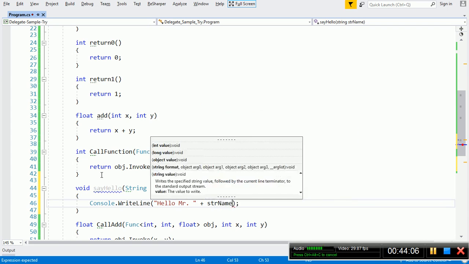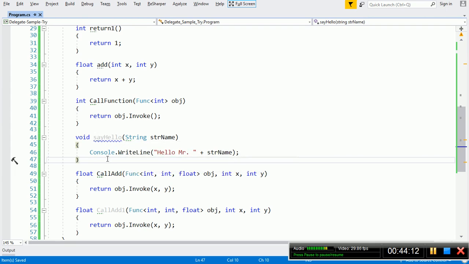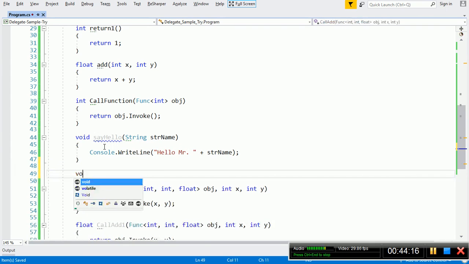Hello Mr. I want to create one function which accepts the argument of this say hello. So void call say hello.